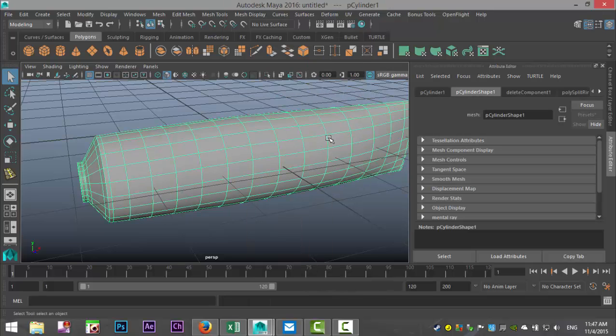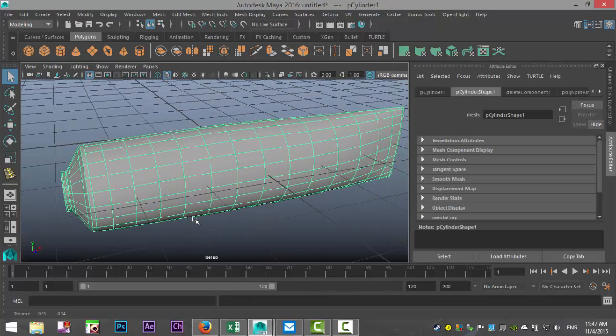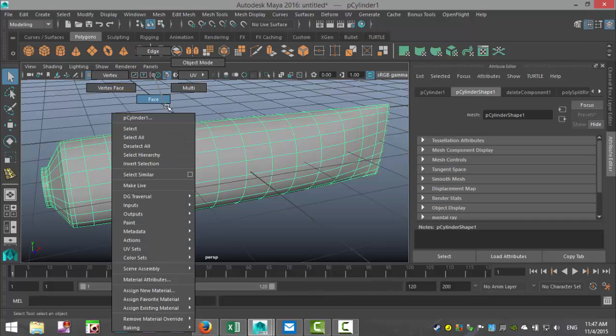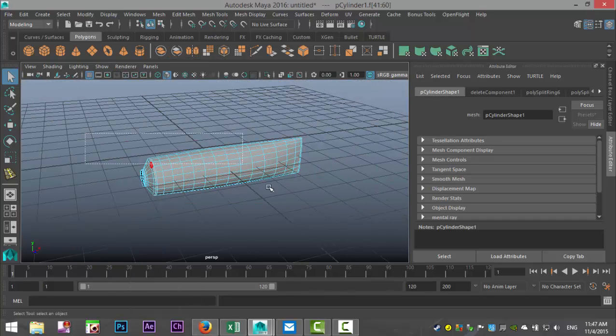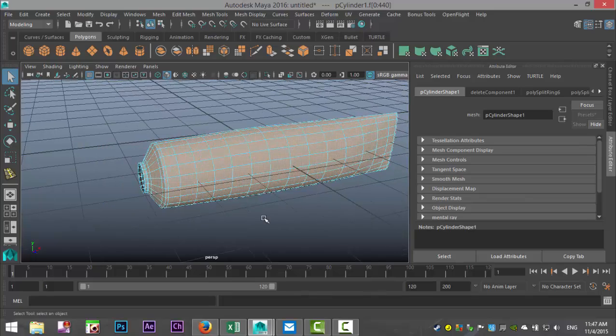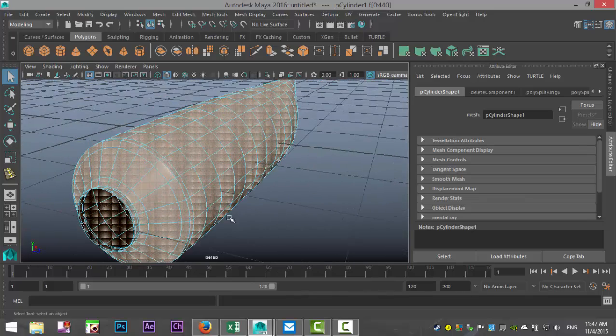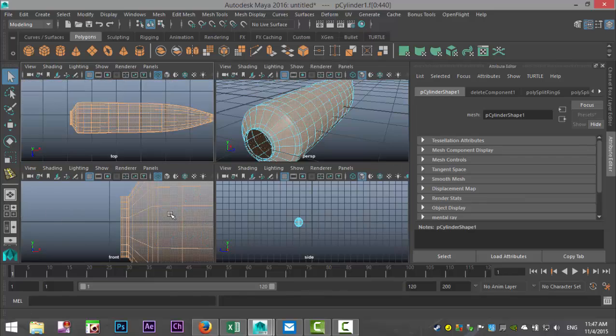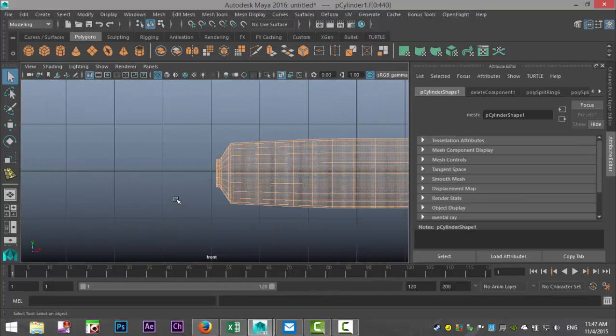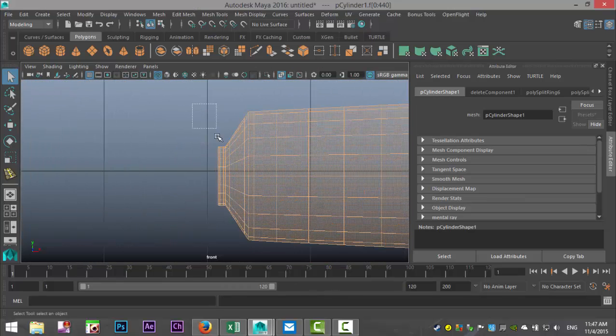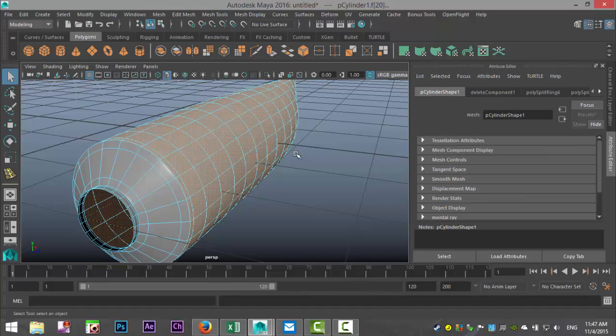Right click object mode, we're going to select the object, right click face, select all of them, and then we're going to deselect that area. Hang on, there's an easier way to do that. I don't want that section. All right, so we got that.